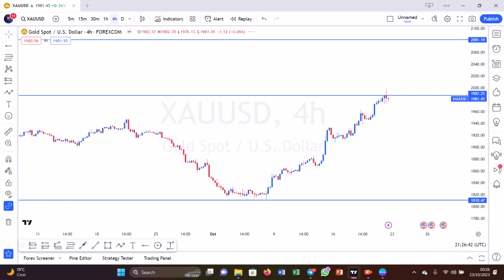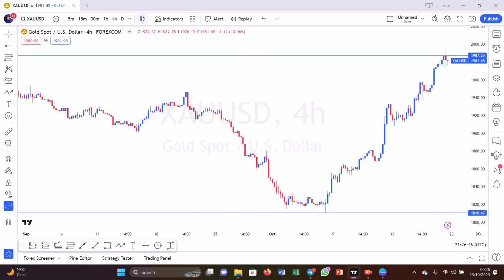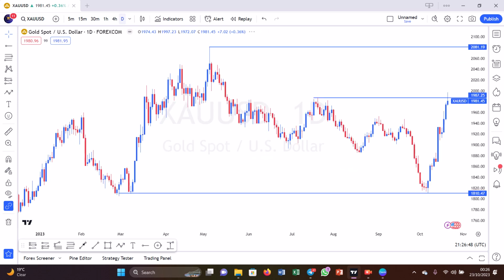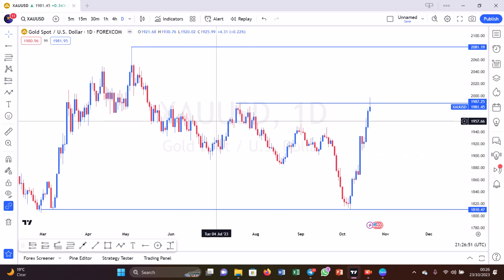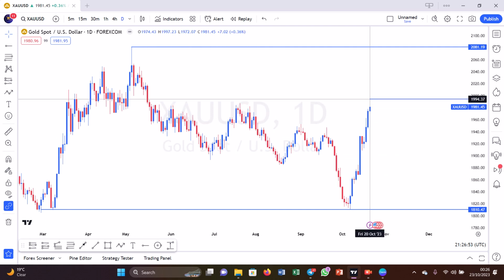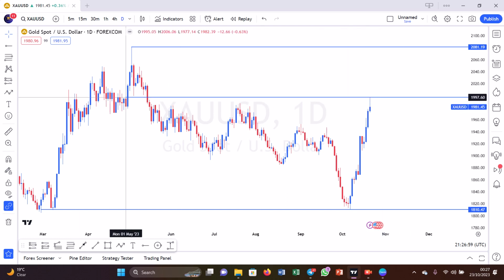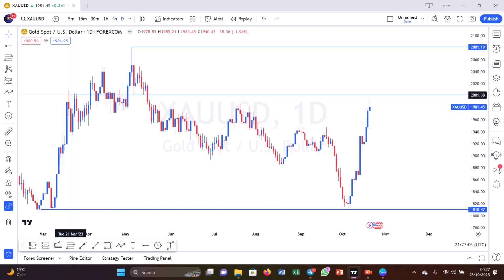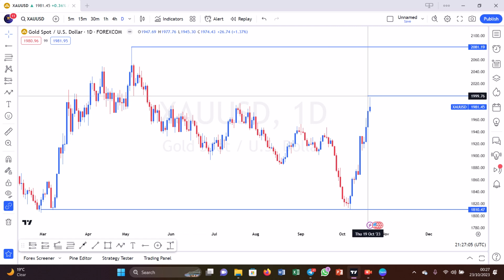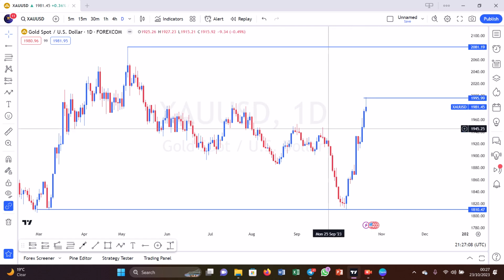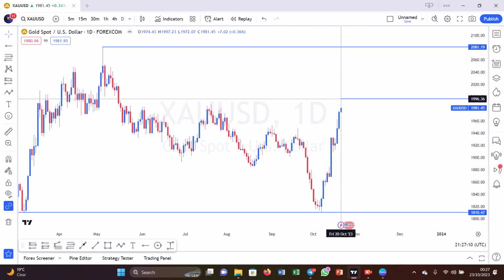So from there you go to 4H to see where, if I want to trade, where am I supposed to enter from. Normally, when I'm analyzing the market, I prefer using wicks. I prefer using wicks because if you look at price action, I'm going to call this my rejection point. If you can see very well, it was rejected at that level. So this is what I will mark. I personally will mark that,